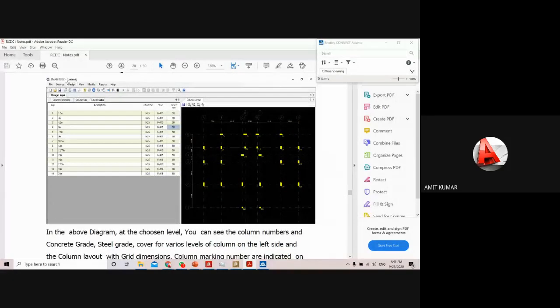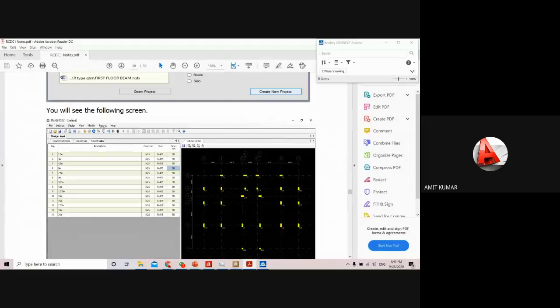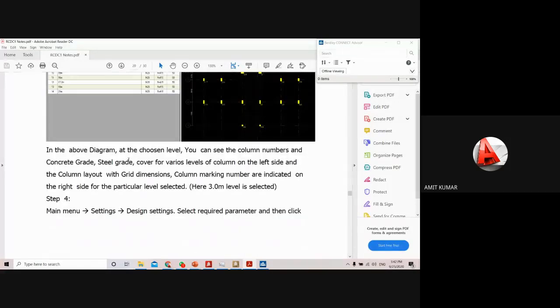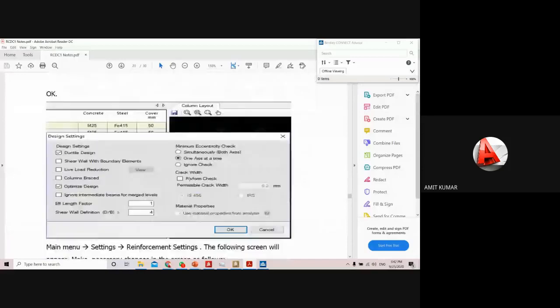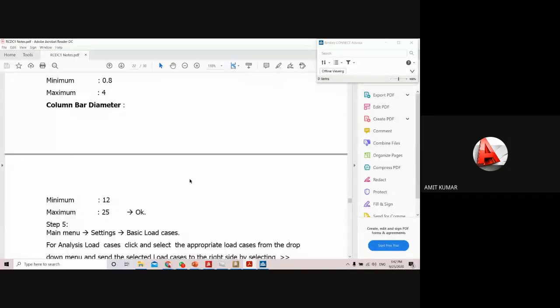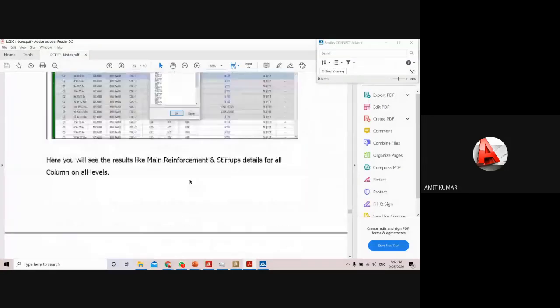And again, just click on the design, then give the parameters of reinforcement details, of stirrup details according to the columns. Okay, and you can also provide the loading and load combination from the setting menu. Then from the design option, just click on the run analysis, and you will get the output file. Just see it, I'm going to show you. You will get the output file like this.